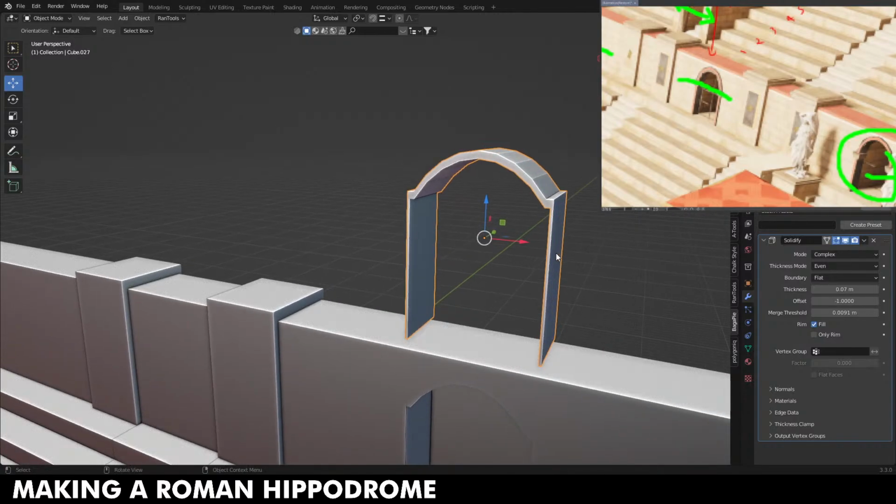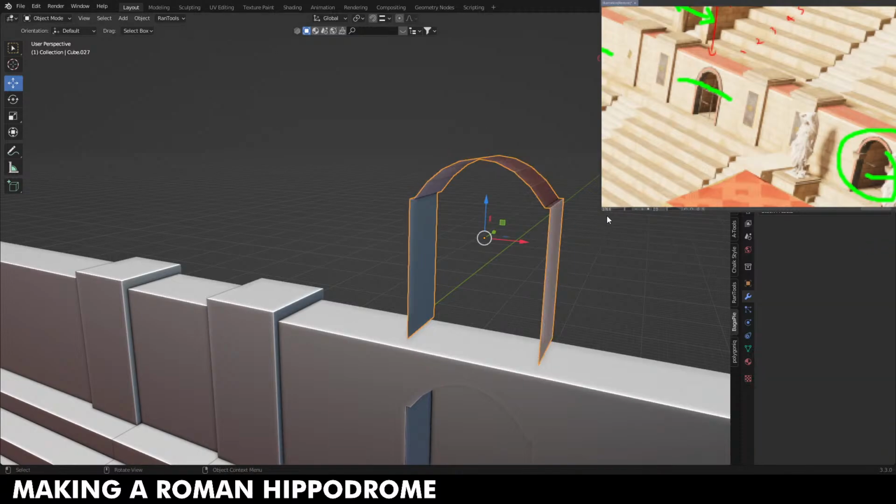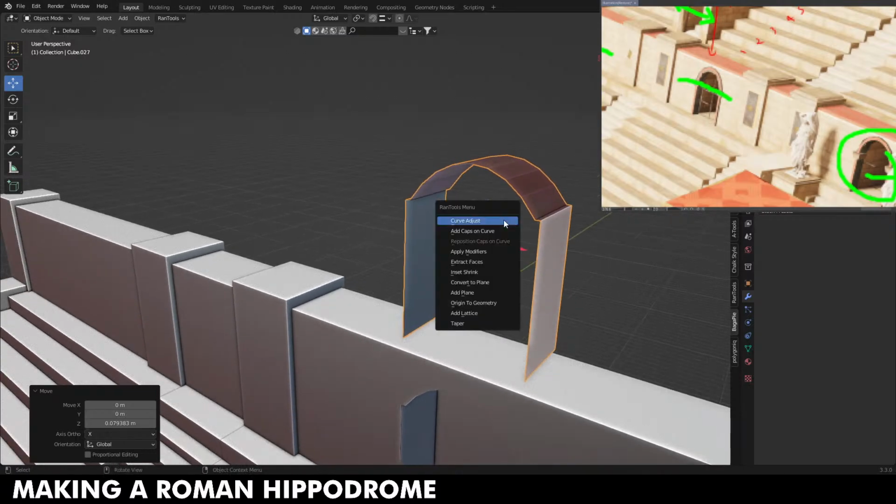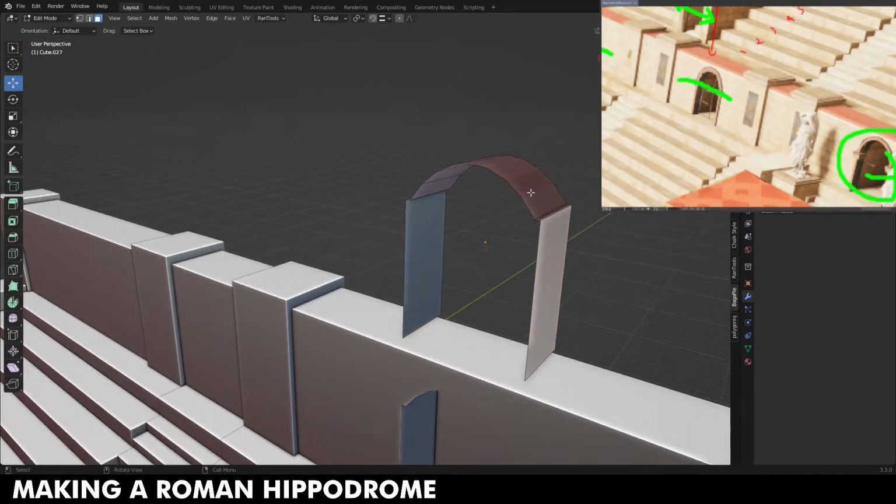It looks fine, but not very fine. I wonder if I could just, you know, extrude the damn thing. It's probably not the best idea, but